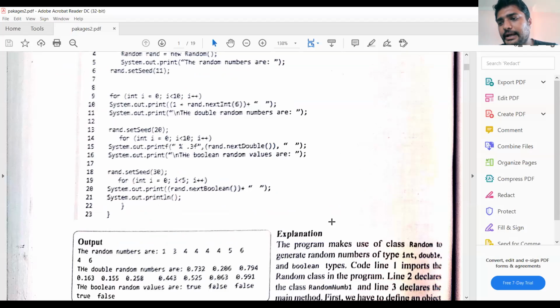So this is all about the random numbers, the Random class. So this ends the util package. In the util package, we have seen what classes and interfaces are available, and then we discussed some important classes: the Scanner class, the Formatter class, and now the Random class. So this is all about the util package. This is the second package we have discussed. So let us go for the next package.